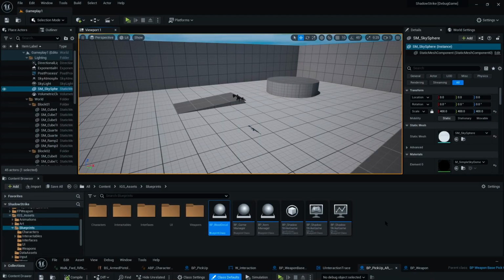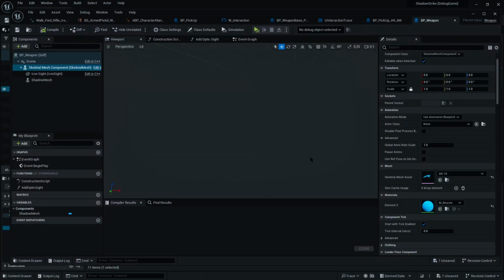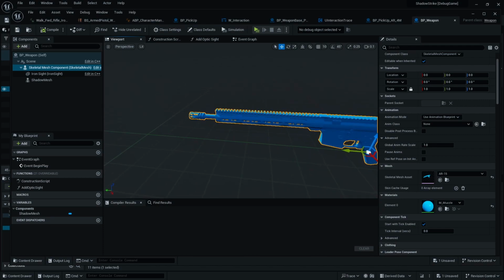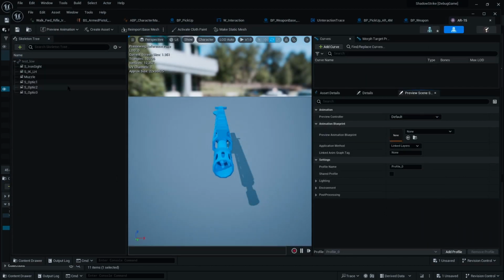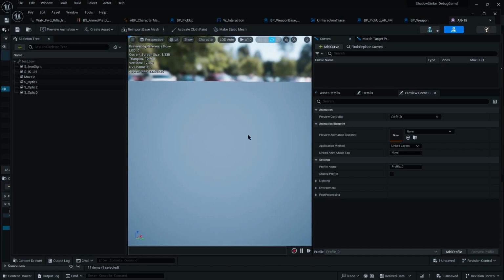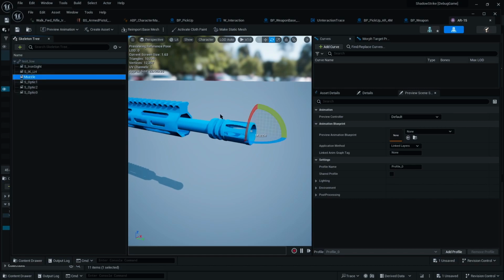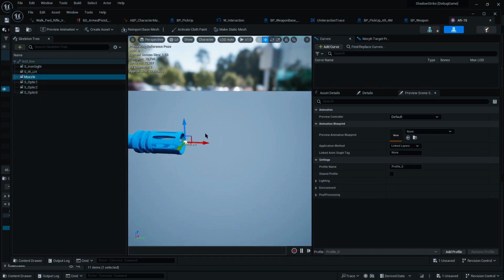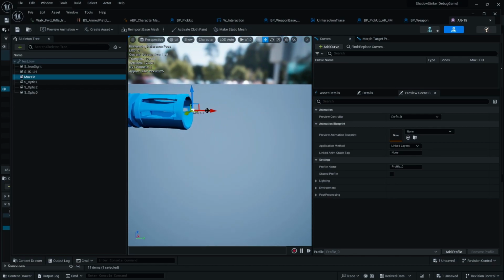So what we'd like to do here is add a socket for this weapon. For example, let's use this weapon. I added this off screen, this super simple weapon here. If we go to the actual skeletal mesh, we'd like to add a socket, right? Once you add the socket, you'll have this socket right in front of the muzzle, and this is what I'm going to use to fire a projectile or a ray cast